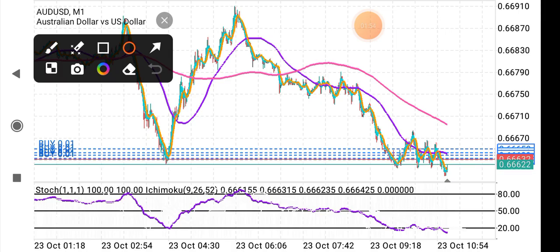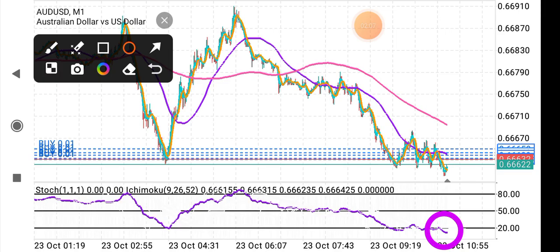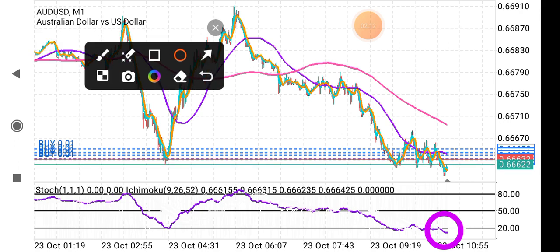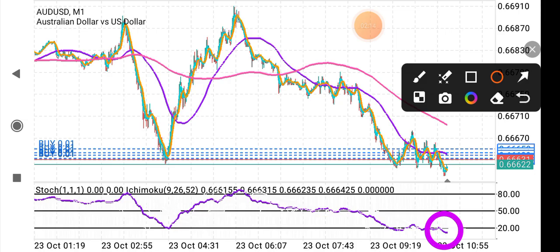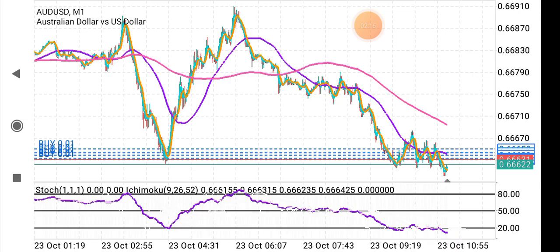See, so I expect it to reverse at any time. Then we'll be in profit, and then let us now go to